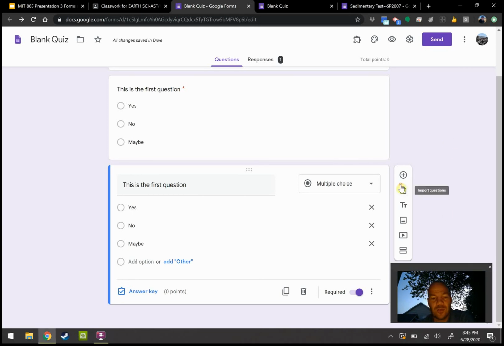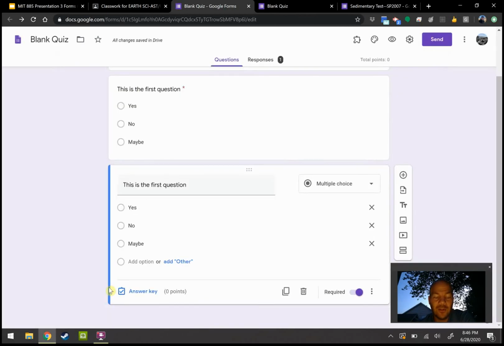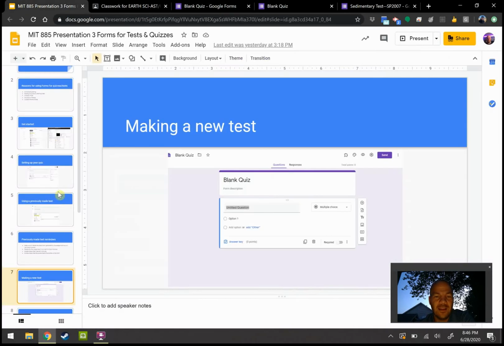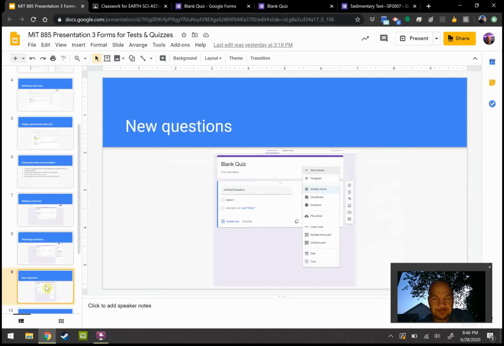If you go to import questions here, it will give you some of the forms that you have the opportunity to edit, and you can only do that from forms that you edit. It will look like this once you do that, and it will give you all of the questions on that particular form. Then you can either hit all of them, or go through and click the ones that you want, and it will import them into this without bringing all the data attached with the answers on that other form with it. Okay,